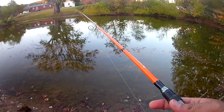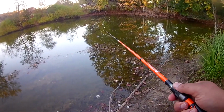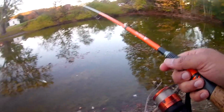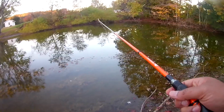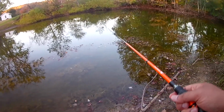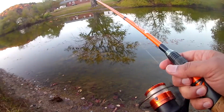Now the place that I'm fishing at, it's fairly shallow, and that's where the buzzbaits really excel. They really shine in shallow water. The most I would fish the buzzbaits would be 4 feet of water, 5 feet of water, maybe if I'm really pushing it, 6 feet of water. But that's really a limitation, you could say, for a buzzbait. They're not really meant for deep waters. They're meant for shallow waters,